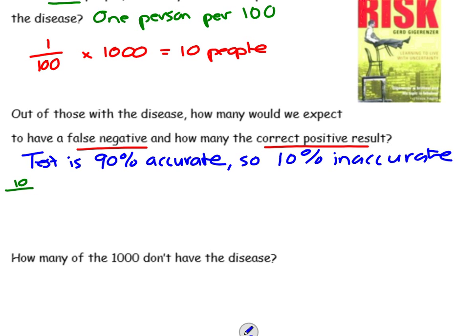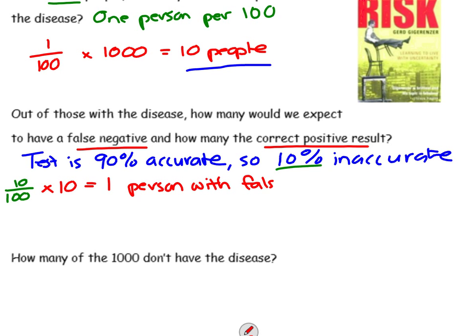So to work out how many of these 10 people might have a false negative, turn this 10% into a fraction. Percents are out of 100, so write 10 out of 100, and then times it by our answer to the above question. So we only expect 10 out of 100 of those 10 people who do have the disease to get a false negative. When you work that out, you'll get one person